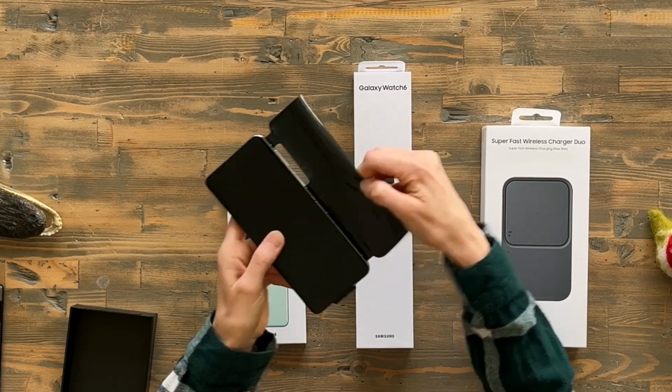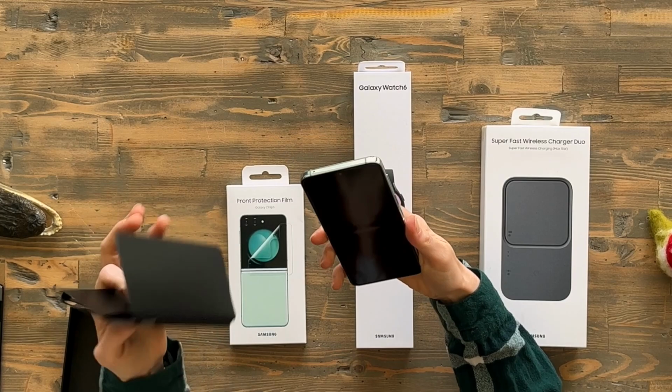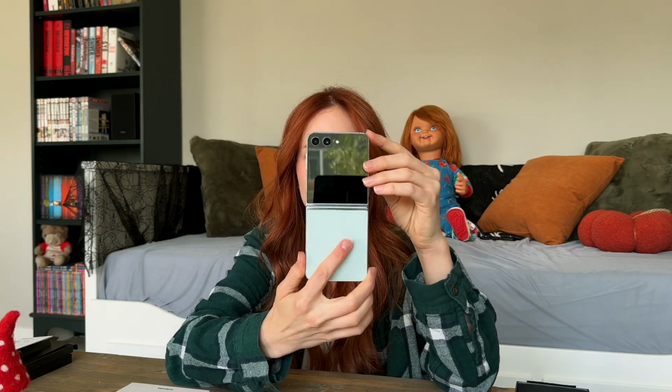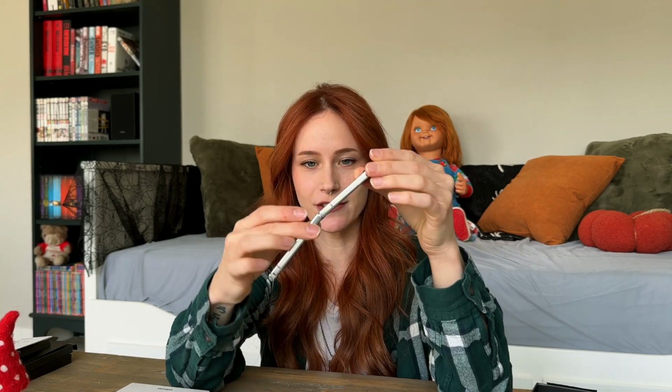I don't think I've ever had a phone that was wrapped in paper like this. Or maybe I don't know. Maybe it's just supposed to be that way because it's flipped. So when I was in the store, I picked up the purple one. It was a little bit more lavender. This is nice. It's so shiny. I'm going to break it for sure. Okay, the first fold. It's kind of...